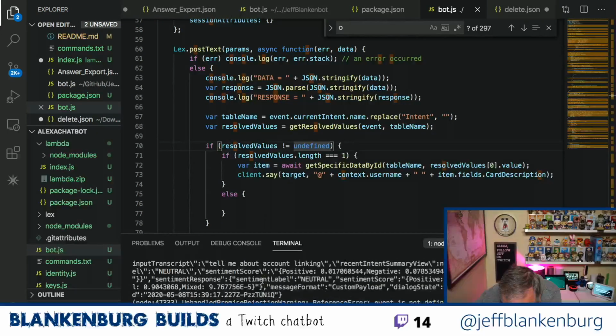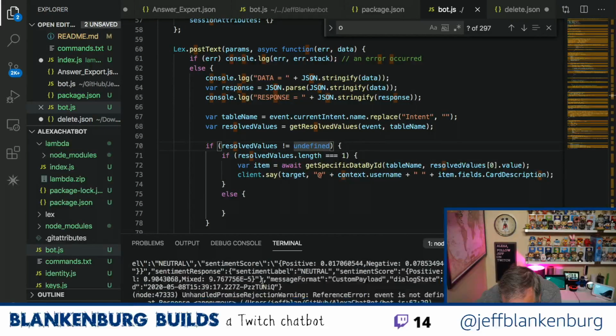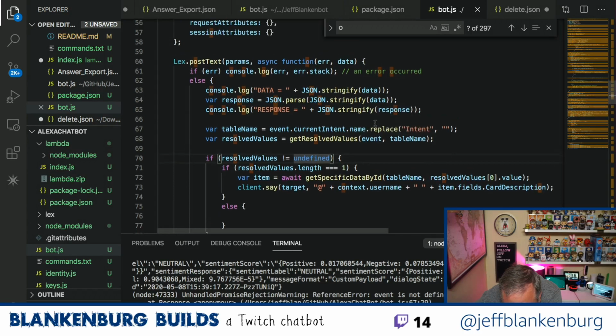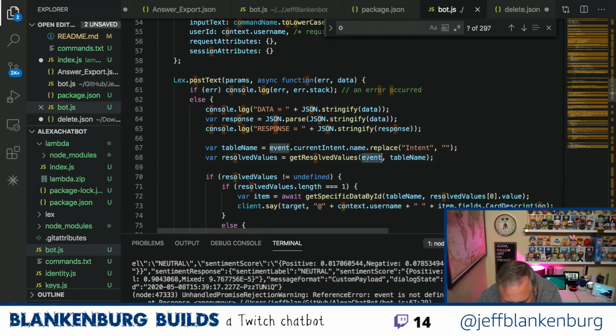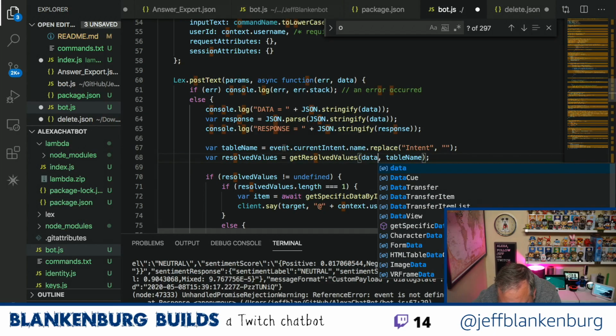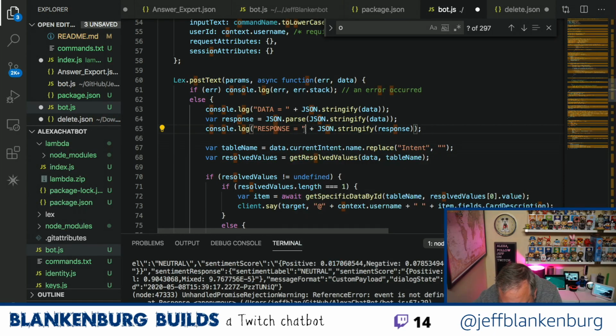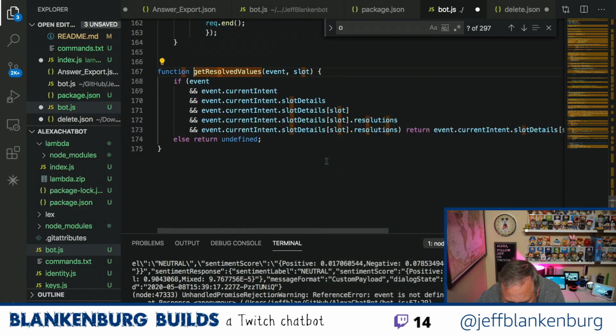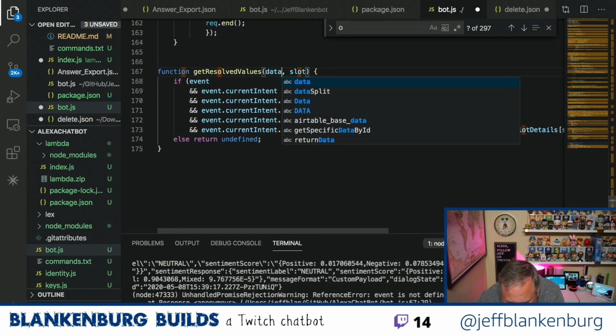What did we break? Event is not defined because it's not called event, it's called data. I was working in the old model from the Lambda function. This is my node app. So let's go to resolve values. This should be called data.